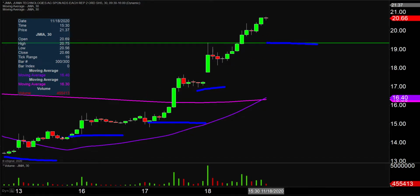Or if you want to envision each one of these as stair steps. As long as the stair steps continue to be constructed in the upwards direction, then given enough time, everything else will eventually take care of itself, including breaking levels of resistance. So focus on healthy consolidations, focus on chipping away and building those higher bases, and sit back and let the